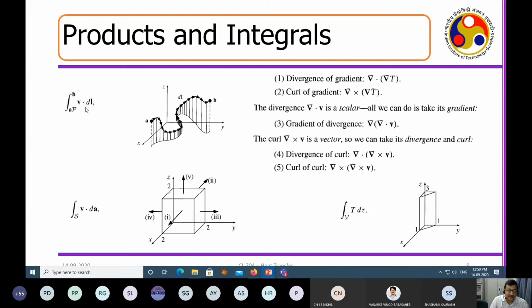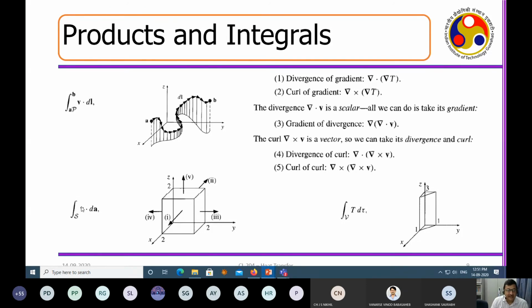If I take a dot product between these two, I'll be able to really explain this phenomenon. Suppose I want to know the flux that is normal to a vessel. How do I define it? I define the area to be dA, which is a vector. This is the x direction, this is the y direction, this is the z direction. If I take a dot product between v and dA, I will be able to tell the flux that is going out.